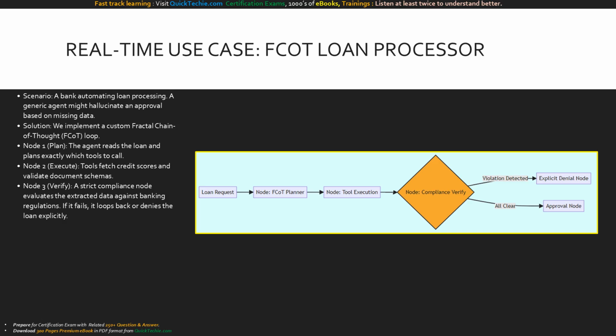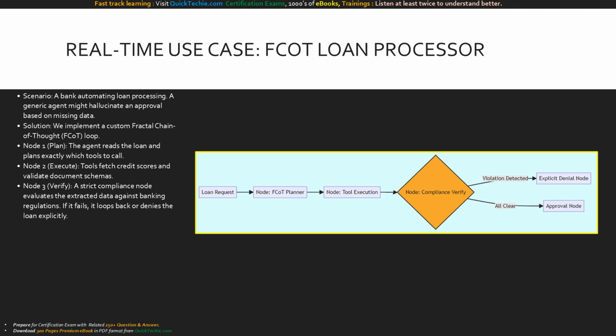Follow the FCOT loan processing flow. The request hits the planner, then the tool execution node. The critical safety net is the compliance verify node in orange. Because we built a proprietary loop, we mathematically guarantee that no request can reach the approval node without first passing